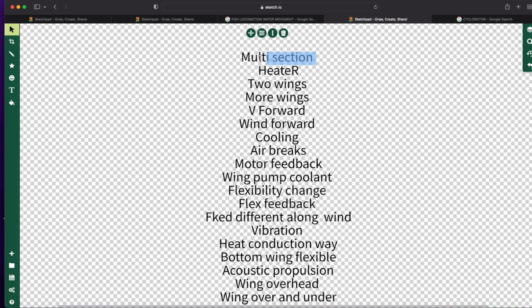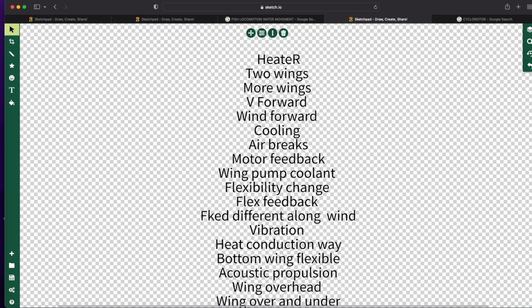Another thing that could be done is you could use this to have heaters on the wings. That can help prevent frost and stuff building up in the wings, but it can actually increase the speed of the wings. If it heats up between the two different things that come together and apart, that can act kind of like a jet engine or something,